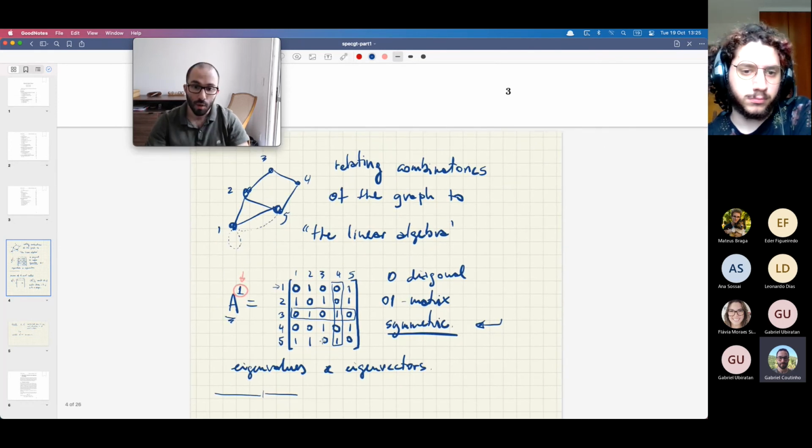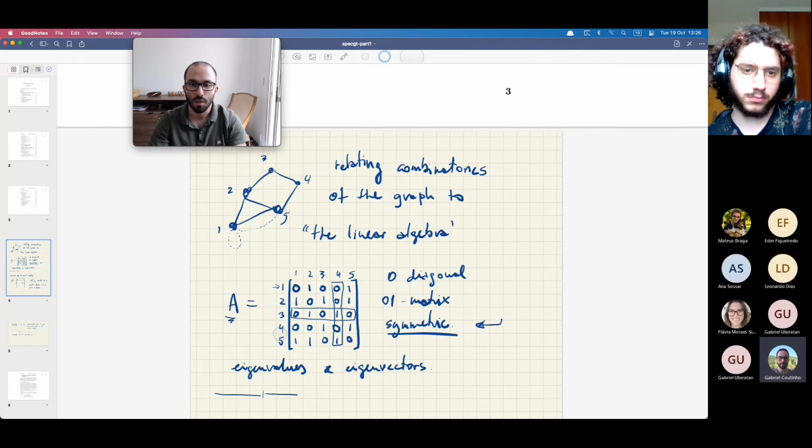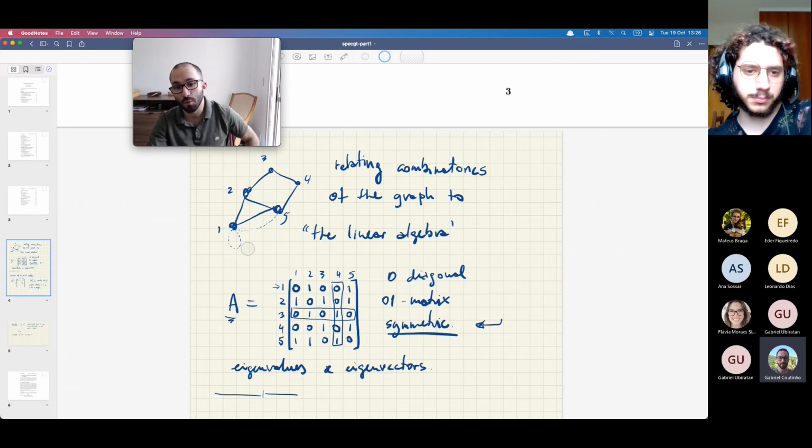Another thing that we will explore quite heavily is this: when I wrote this adjacency matrix, there was a choice made right in the beginning, which is my decision to number the vertices 1, 2, 3, 4, and 5 in this order, and write the matrix in this way. Now, the graph exists without necessarily thinking about these vertex labels. Why did I decide that this vertex should be the first one in the matrix and not the second?